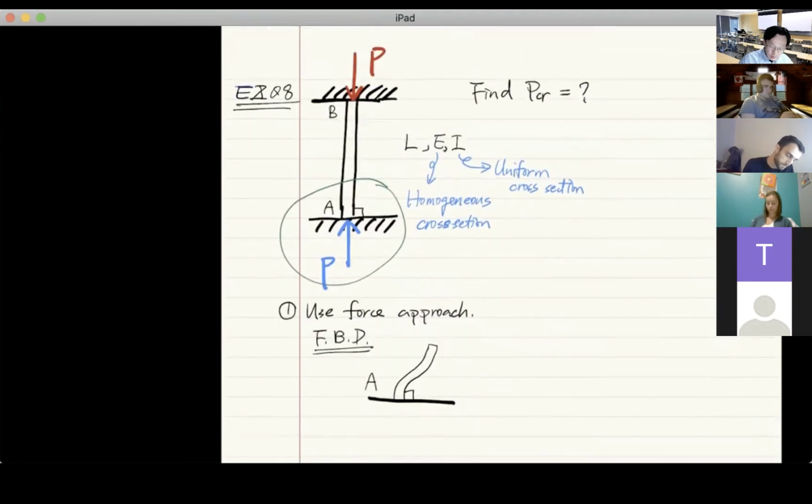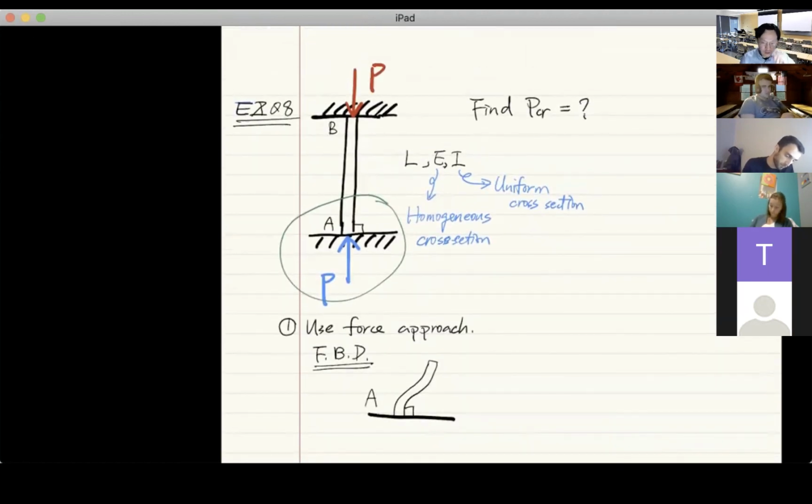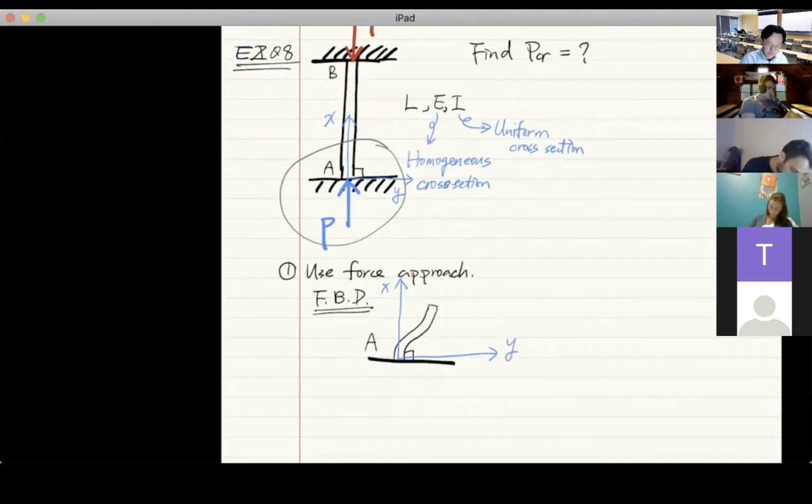Of course, let's not forget about defining the coordinate system X and Y. X is always the longitudinal, and for Y we usually choose the positive direction. In this case, we're going to call the right-hand pointing direction the Y direction. That means this is our X, and this is our Y, pointing to the right. By considering all the forces here,